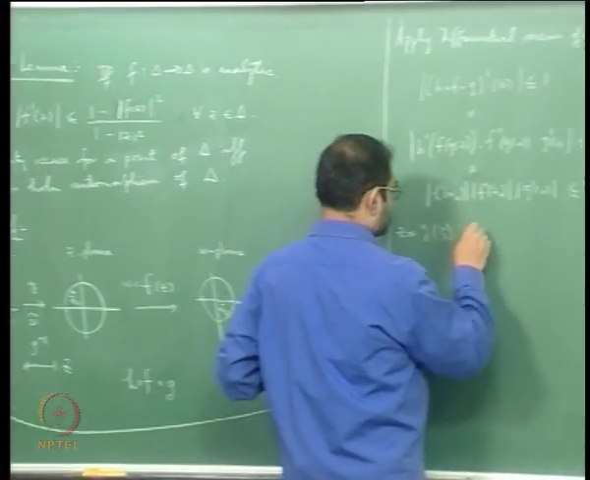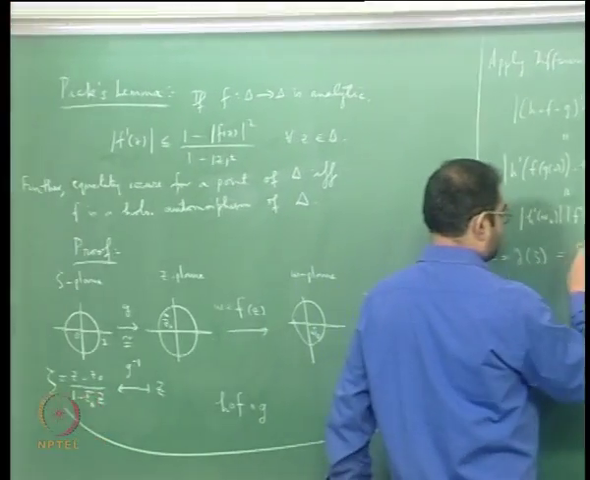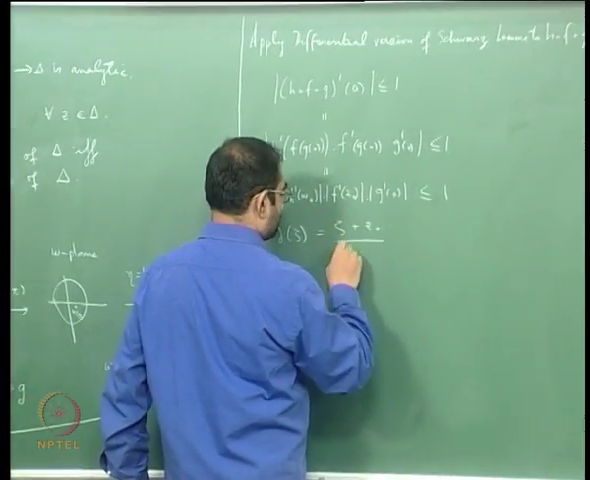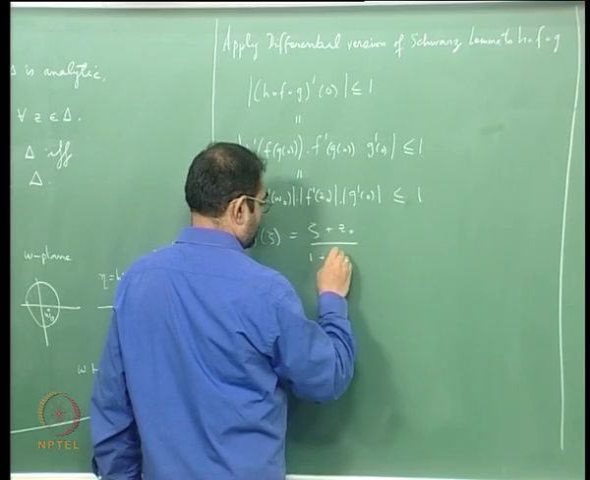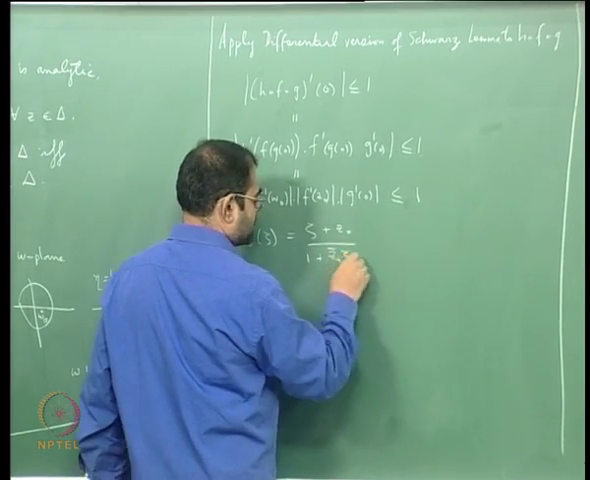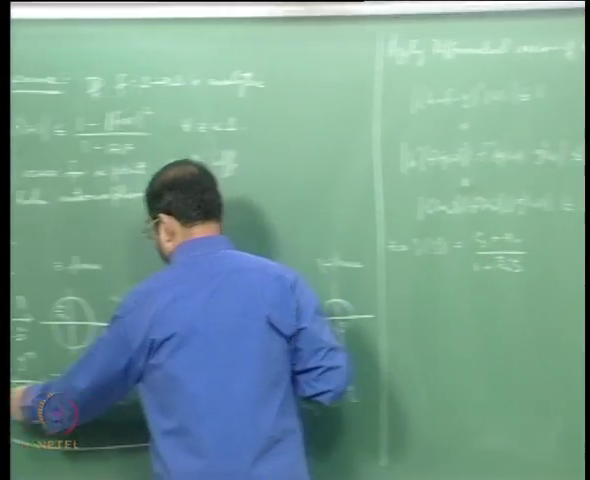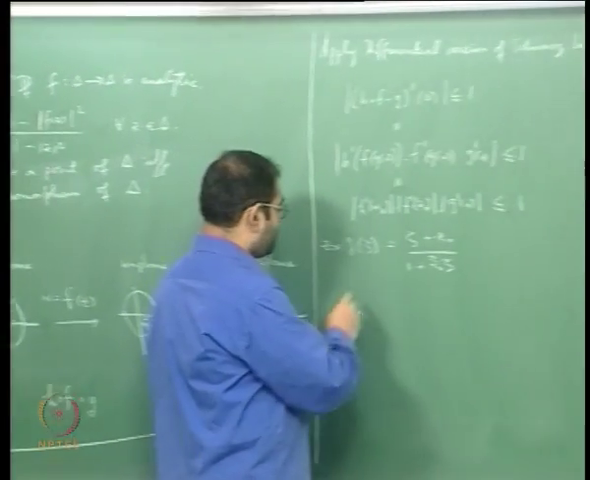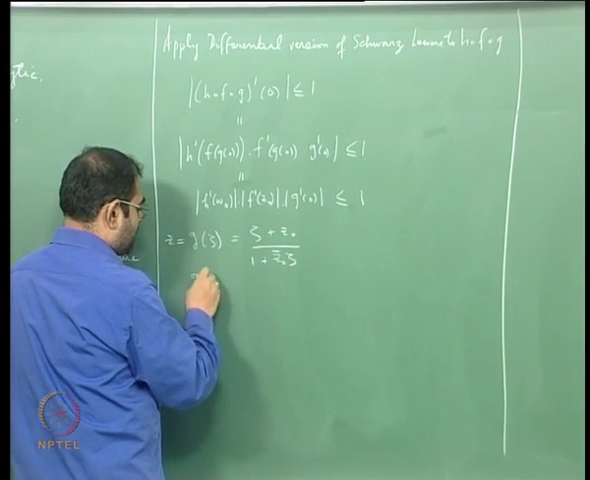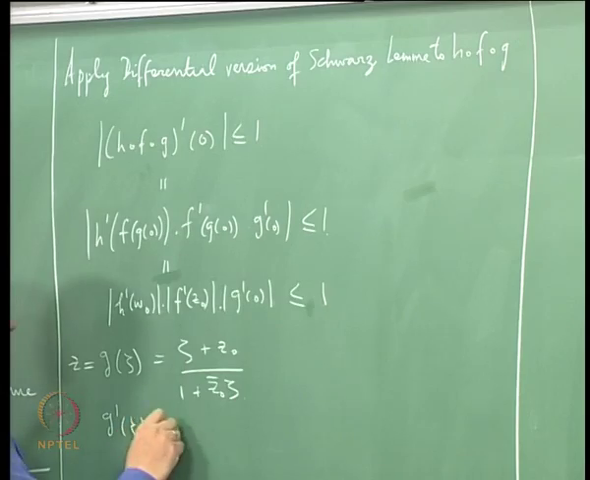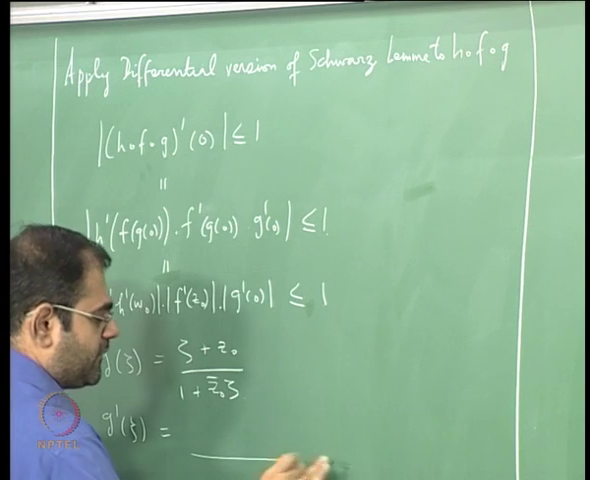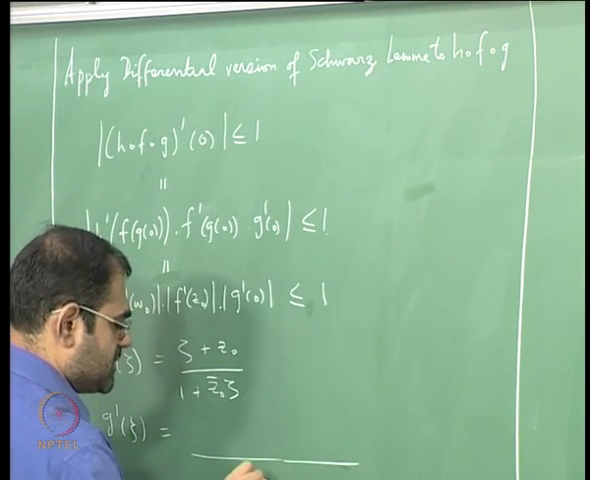And what is g of zeta? G of zeta is just (zeta plus z0) by (1 plus z0 bar zeta). This is the inverse of g. Okay, you can check that this is the inverse of this, all right. And if you now just differentiate, calculate the derivative